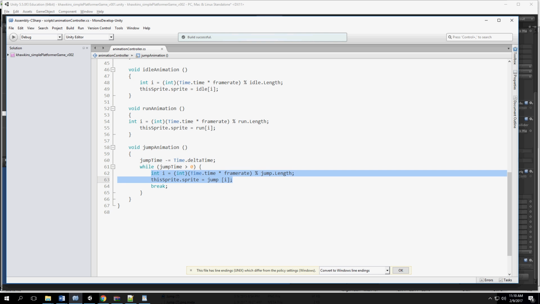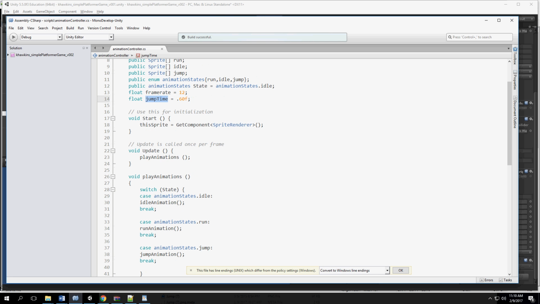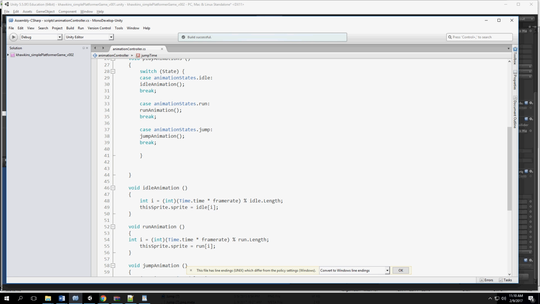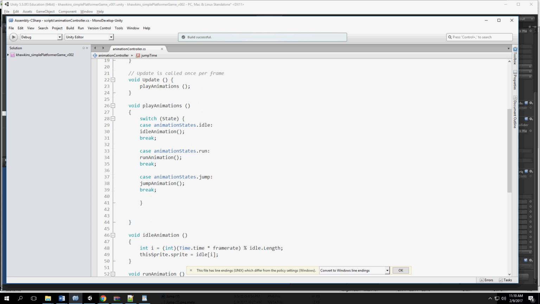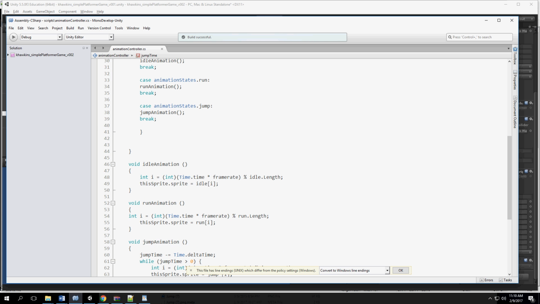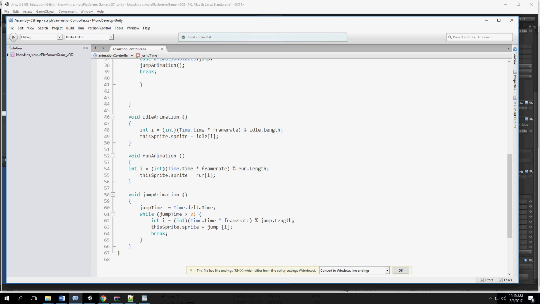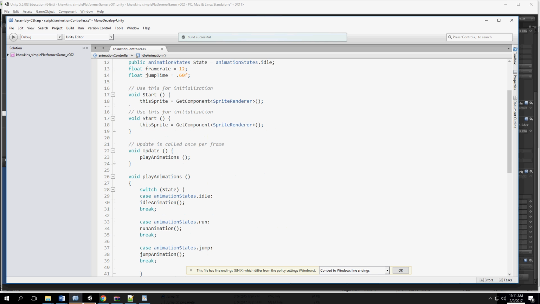The one thing I need to do is, since I'm using this to control how long we run through this, at some point I need to be able to have this go back to whatever we're doing. So what I'm going to do is, if we're in, and I could probably just use these two, I was going to put the enums in here, but since I already have my switch statement, I could just say if we're in the idle animation, my jump time is equal to